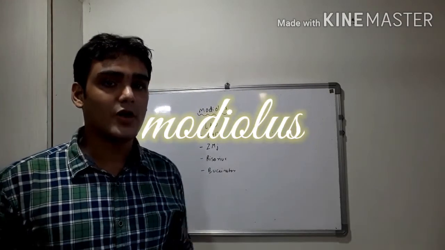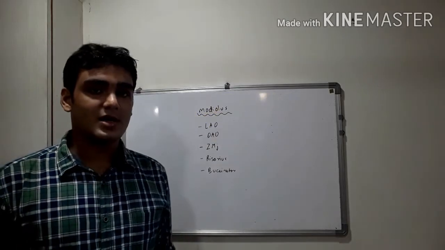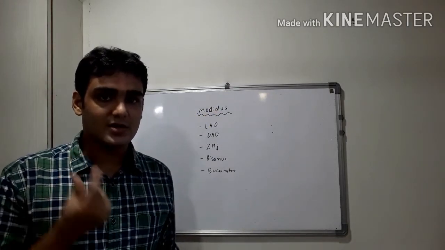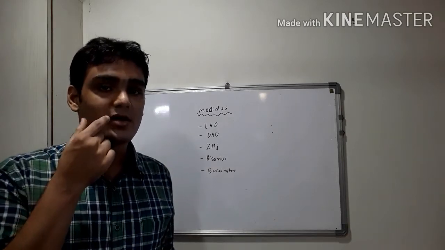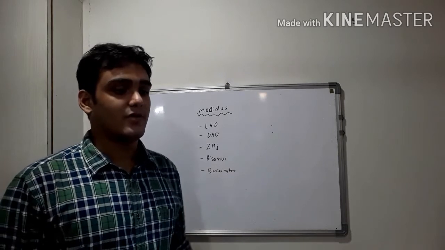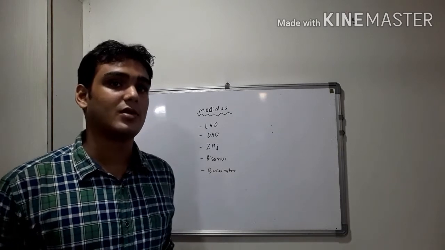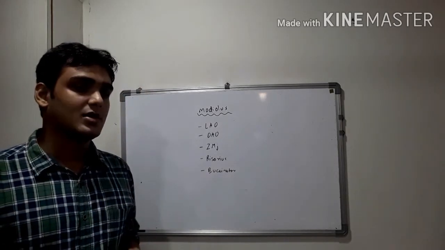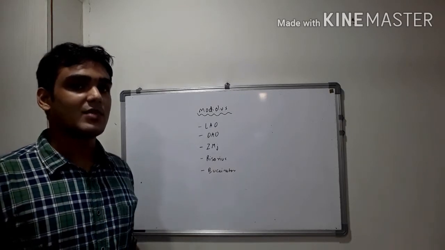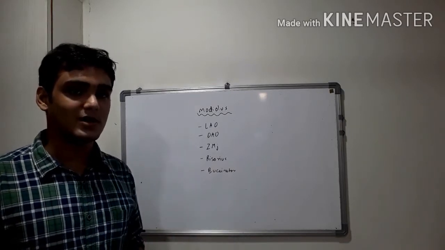Now we shall talk about the modiolus. So the modiolus is a small, mobile fibromuscular structure, 1.25 centimeter lateral to the angle of mouth, and it is formed by 5 muscles, and 4 of them are inserted at the angle of mouth. So we have levator anguli oris, depressor anguli oris, zygomaticus major, risorius, and the buccinator. So these 5 muscles form the modiolus.